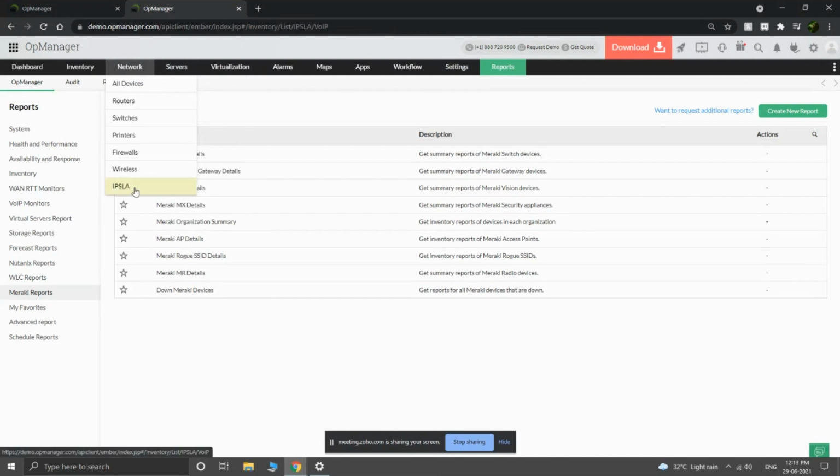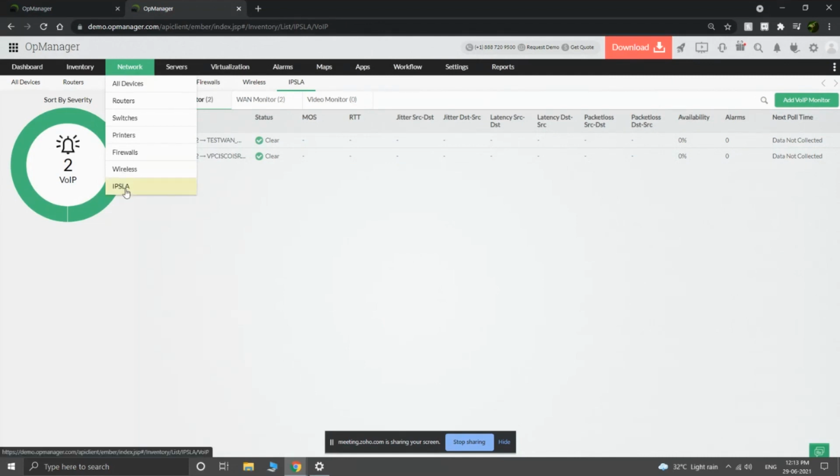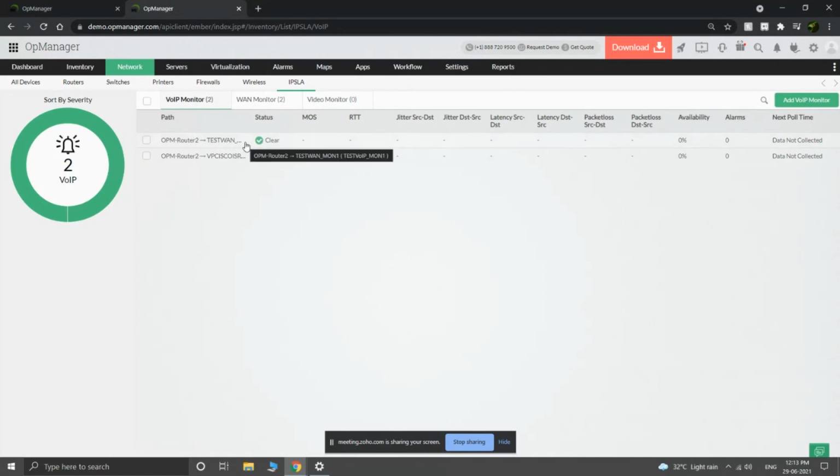You can find your IP SLA monitors under Network, IP SLA, and you'll have VoIP monitors and one monitor that are created in OpManager. You can add a new VoIP monitor of your choice by clicking on the VoIP monitor option on the right corner.